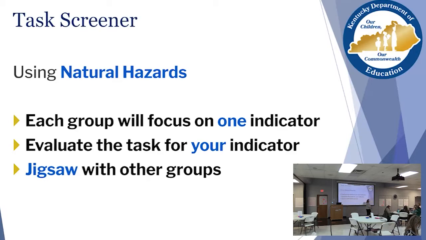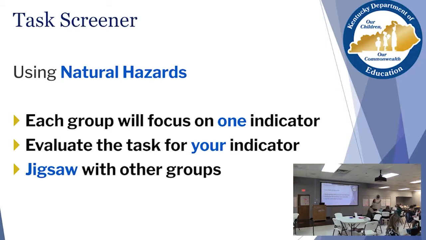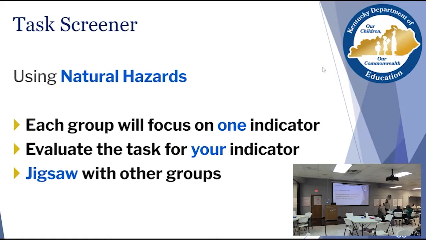So we'll be doing this for about 20 minutes. You will be looking at natural hazards, and you'll be looking at criterion A and criterion B for that task. And as I said, you might need to use the rubric more, especially with criterion B. My first question I'd like to just ask is, what were your impressions, just general impressions, about this task?